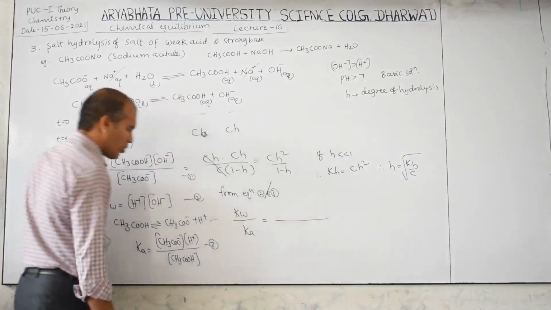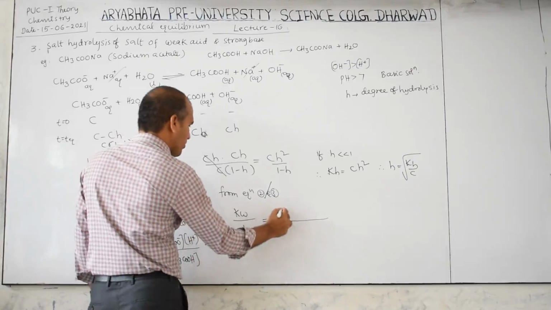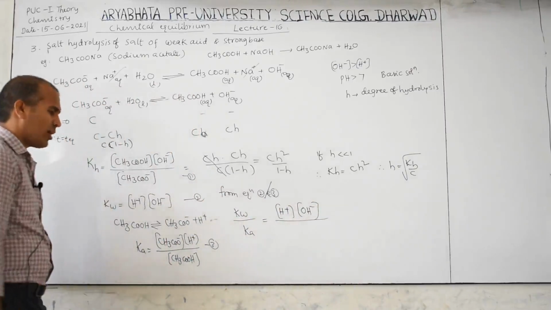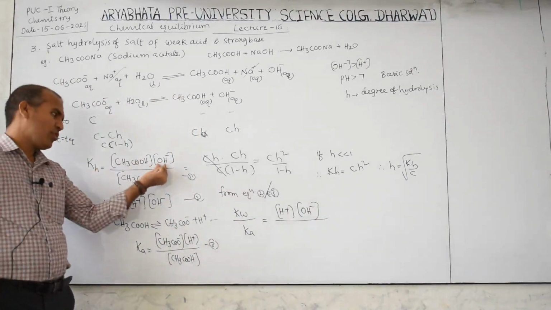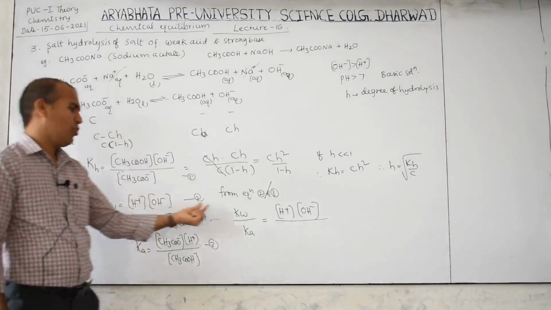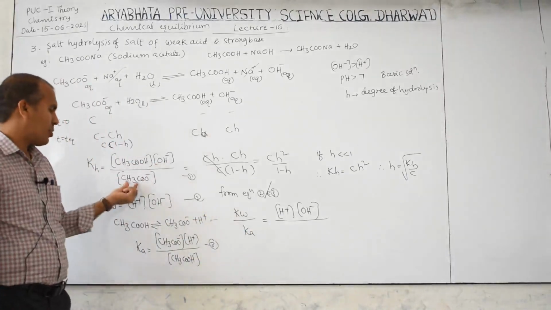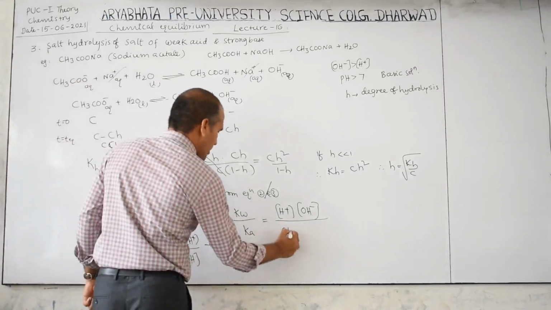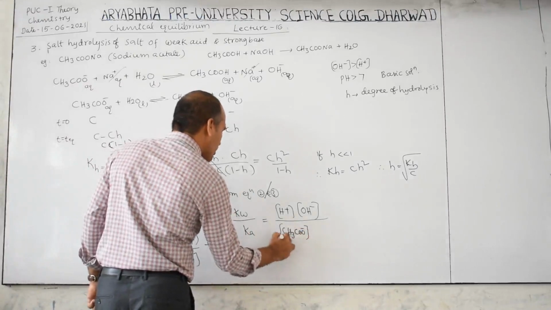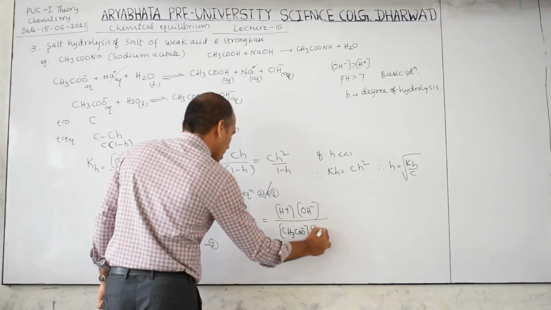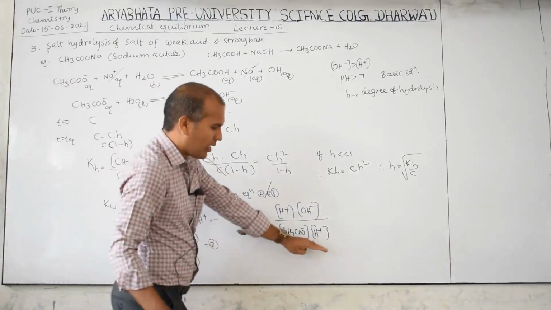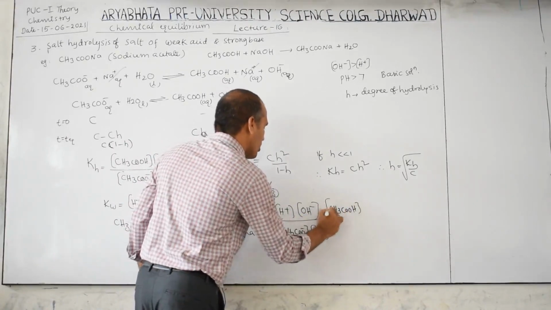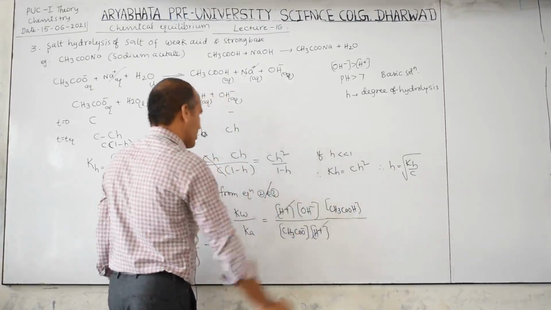Then what is the right side? H plus ion concentration and OH minus ion concentration. Why did I write Kw as numerator and Ka as denominator? In this expression OH minus is in the numerator, therefore this should be numerator, this should be denominator. And you can also observe CH3COO minus is in the denominator. If you write it as denominator, then only this is correct. CH3COO minus and H plus go in the numerator, and CH3COOH concentration goes in the denominator. Now this is cancelled.